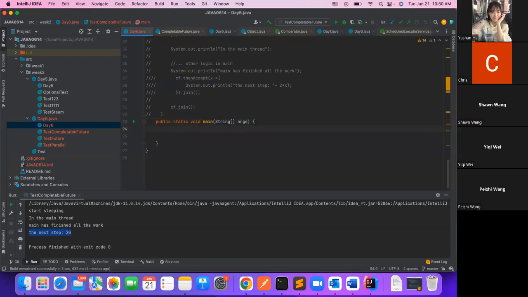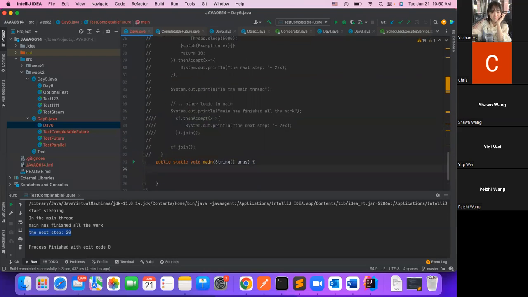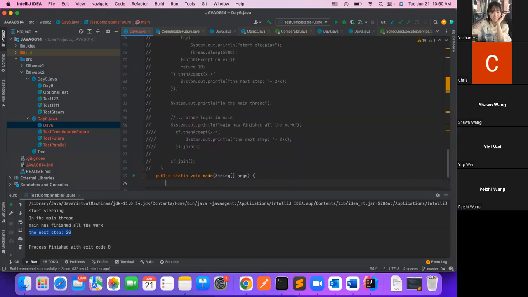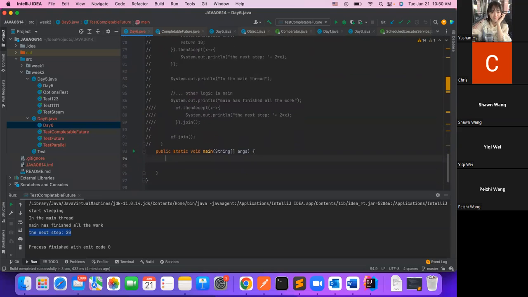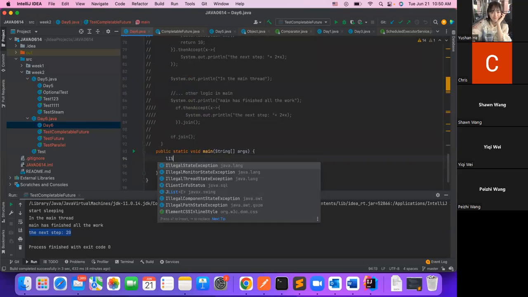So let me try to come up with the example. First, we want to have a list of completable future. We'll just simulate that we have a service trying to send multiple requests to maybe some downstream API, and then we will try to gather all the results from all of these completable future objects. So we want to create a list